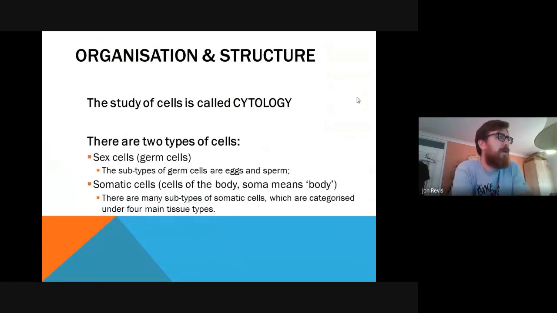So people who study cells are called cytologists. And if you were working in a lab at the minute, it's likely you would be looking at a very particular type of cell, and that would be a viral cell. But obviously, when we're talking within the body, we're talking about the effect of anything that comes into the body on the cell. So when you study cells, you're looking at them, you're seeing what kind of cell they are,